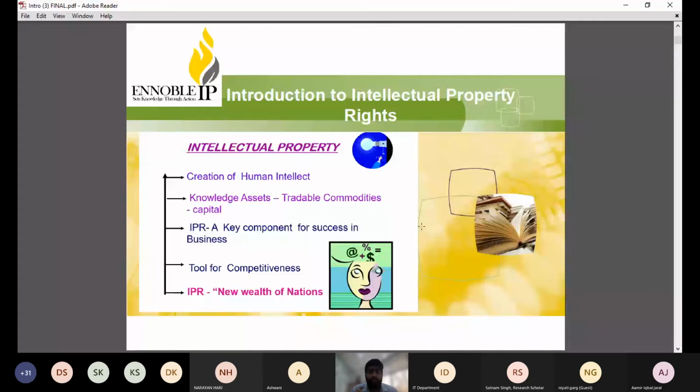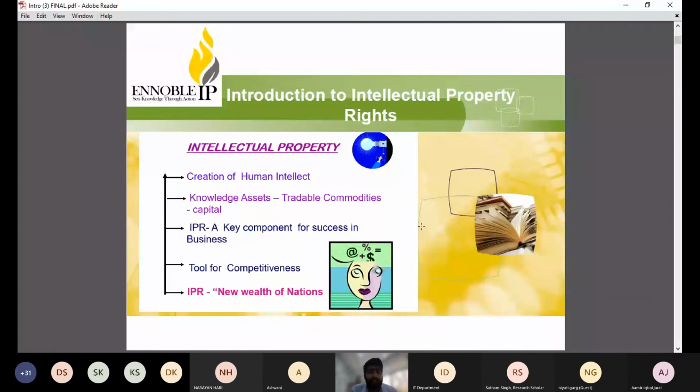So that name is very important, through which your customers will recognize you or your brand or your company in the market. So that company, that brand name is the intellectual property, or we can say it's a trademark. So in the further slides, we will discuss types of IPR also. But as of now, it also plays as a tool of competitiveness. So IPR basically provides you exclusive rights.